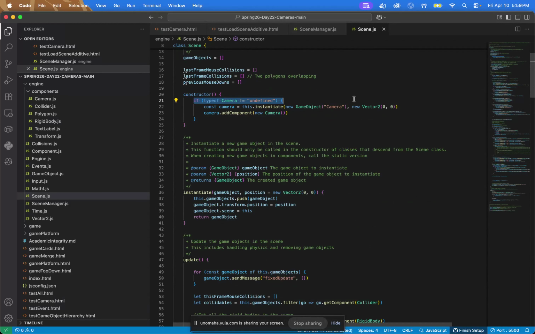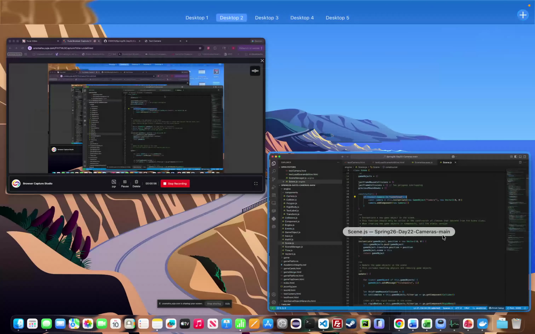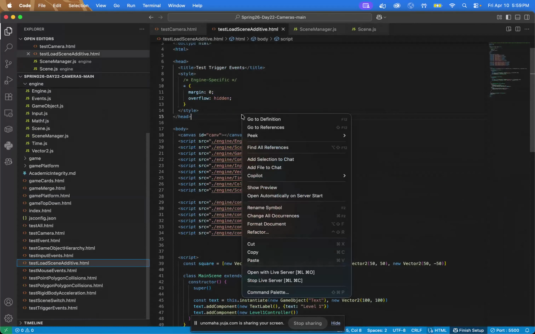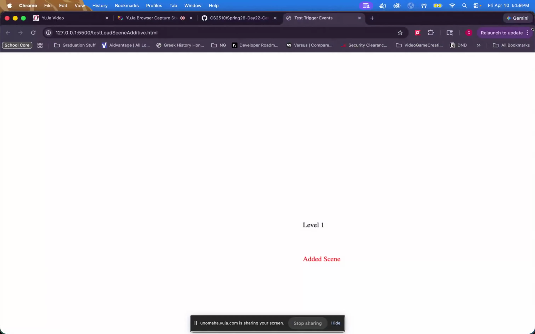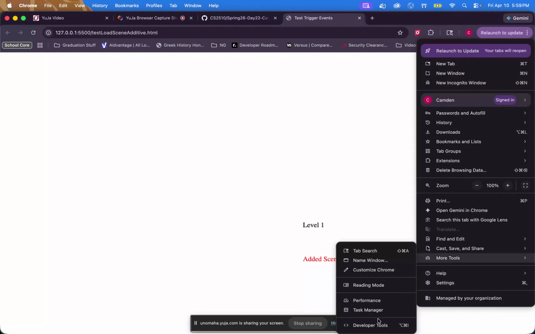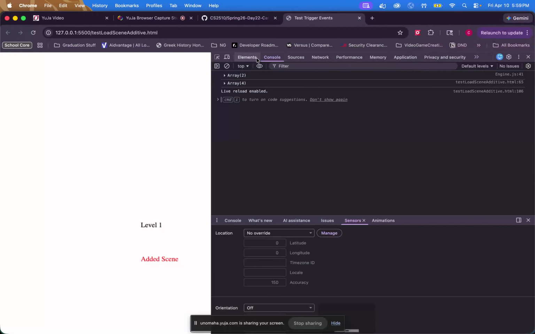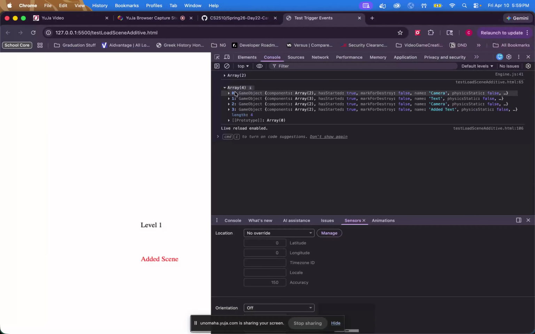There is one slight bug that occurs now with additive scenes. If we go over into our additive scene and run it, so we have our additive scene. Now if you go to more tools, dev tools, I have a print statement printing out our game objects. And you see we have two camera game objects now. It's a slight issue, because in Unity you can't have two cameras, but for the purpose of this class, I don't think